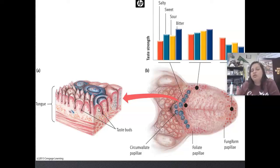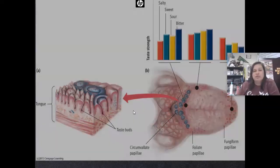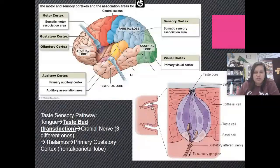And in between those bumps, there are grooves. Lining those grooves, so here's a groove right here in between those bumps, that's where our taste buds are. That's these little purple things here. And at the bottom of a taste bud, there are taste and basal cells, and that's what's doing the transduction. So those chemicals that we're detecting in our food or drink, they're in our saliva. The saliva gets into these grooves and it stimulates our taste buds, and that triggers transduction to occur